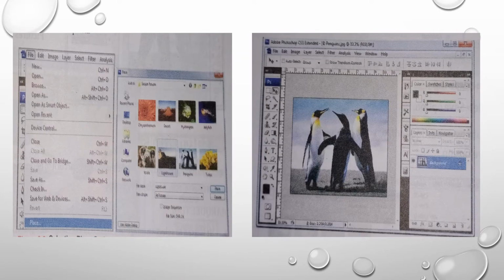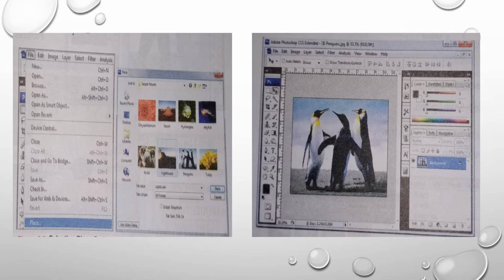To insert any image, we have to follow a few steps. First of all, click on the File menu and select the Place option. Select the image from the picture folder by clicking on the drop-down arrow in the Look in text box. The image will appear in the sheet or the grid and the cursor will change into a double-headed arrow. Then click the image and drag it to the point where you want to place it within the canvas.